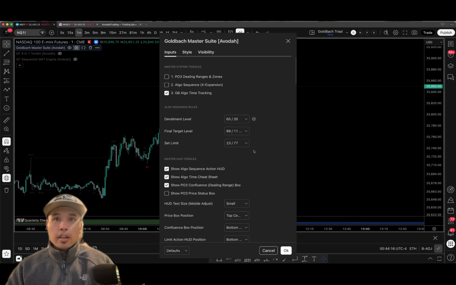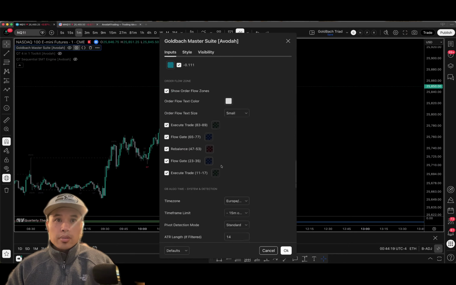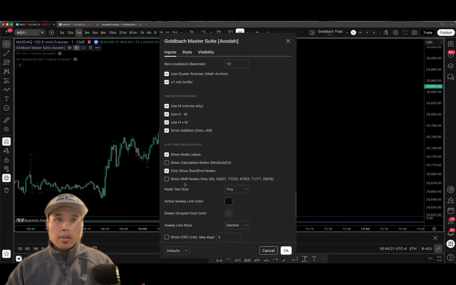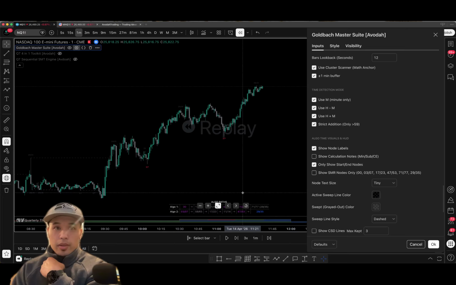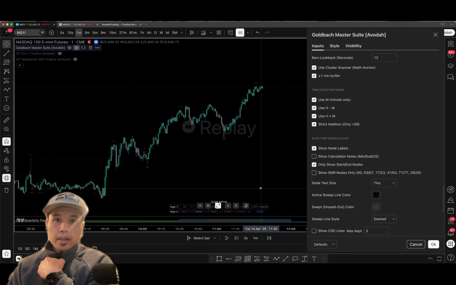But what I've done is I've added another filter where it'll show what I call the SMR nodes only. So the smart money reversal nodes are essentially just the beginning nodes. So 0, 3, 7, 17, 23, 47, 53, the end nodes, the beginning nodes, and then the nodes right here. Gosh, this is annoying. 1723 and 4753. This thing keeps showing. Anyways, because the reason why you want to see those numbers in particular is because when